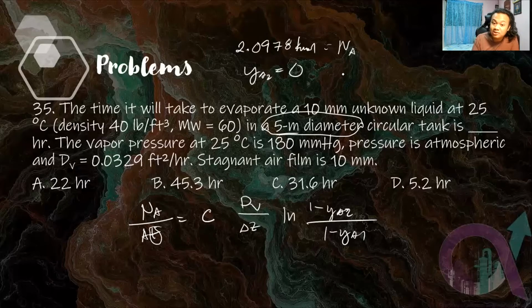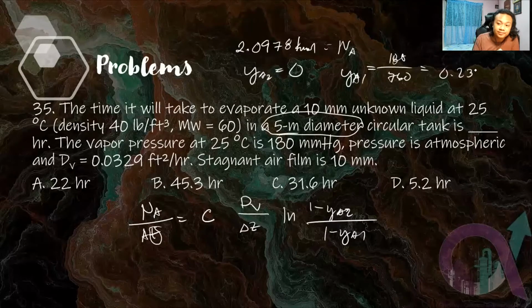So y A1 is just 180 over 760. So that's 0.237. Yeah. So check, DV, you have DV, no? This is DV. This one, check. And then just transform that to proper units. So don't forget to transform to proper units. And then you have this also, which is